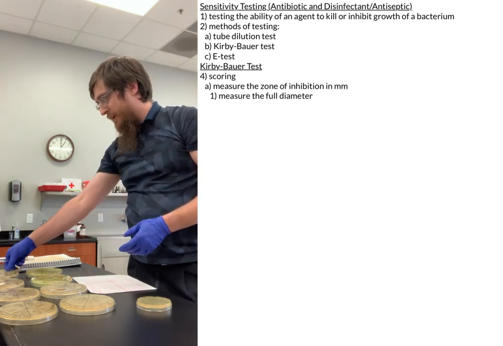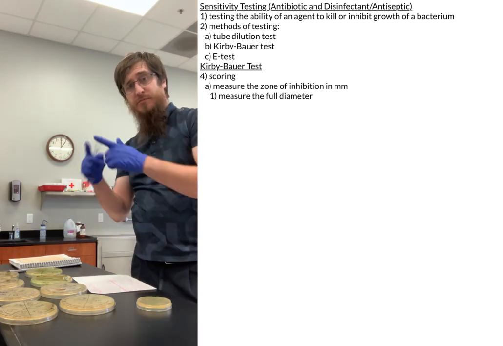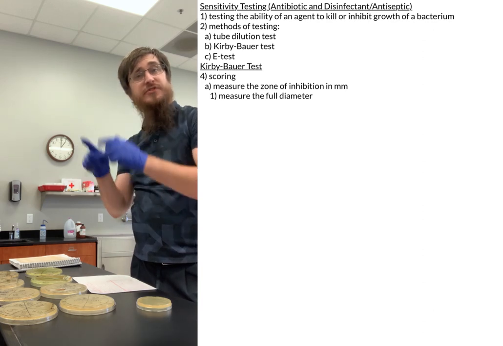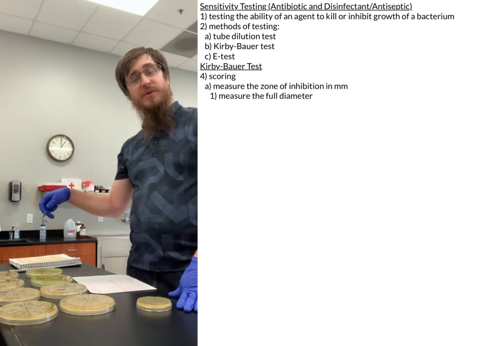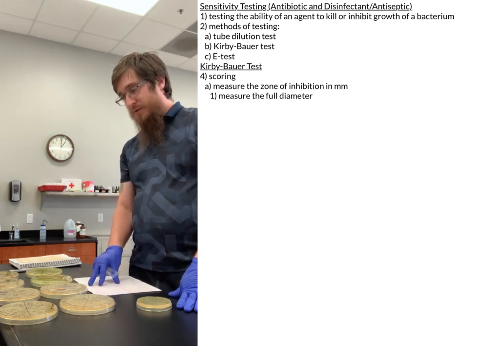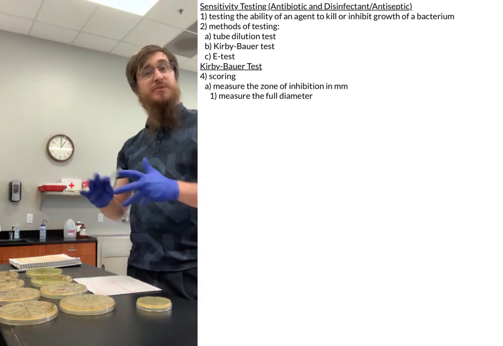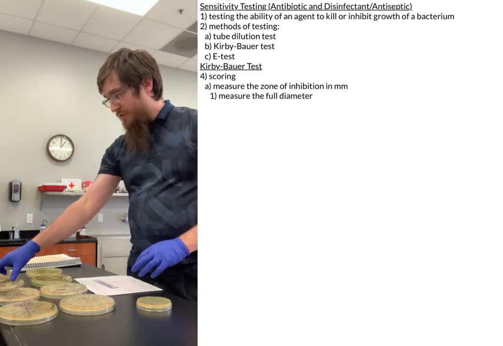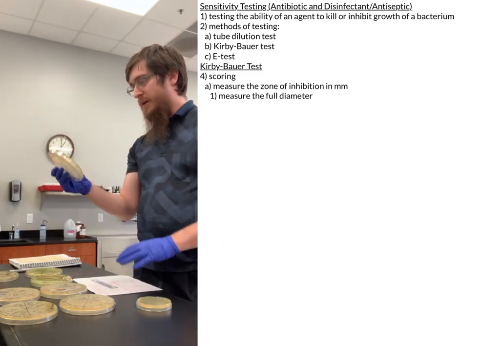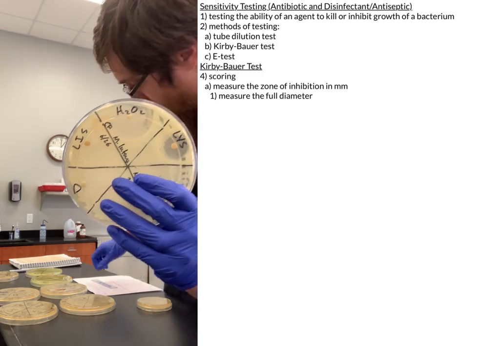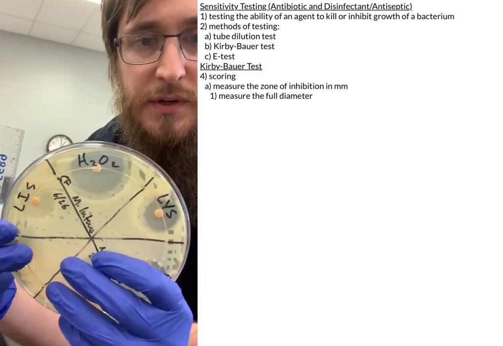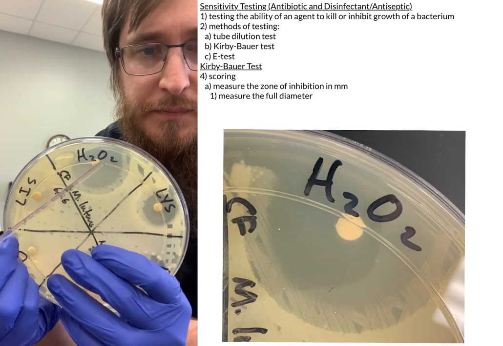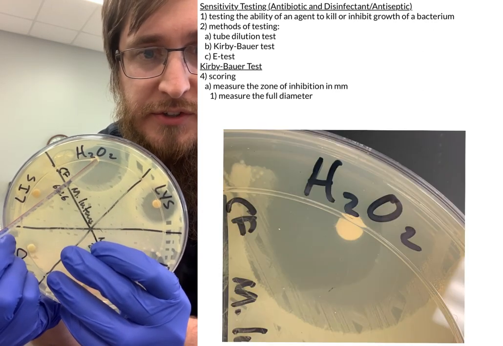While that might seem simple, just measuring the diameter across your specific zone of inhibition, it does take a while to do for all of them. There are a couple of ways that this can be a little bit tricky. If we're looking at something like this one, let me see if I can get it into view. All right, with this hydrogen peroxide up here, you can see there is a defined clearing,